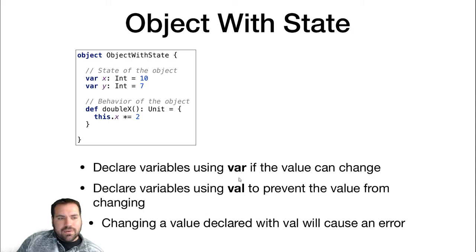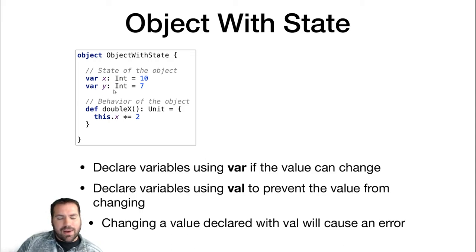Just a reminder, the difference between val and var. I'm using var here, which means these can change. The values stored in x and y can change because they are variables. If I use the keyword val, that means the values cannot change, and that'll be a permanent state of that